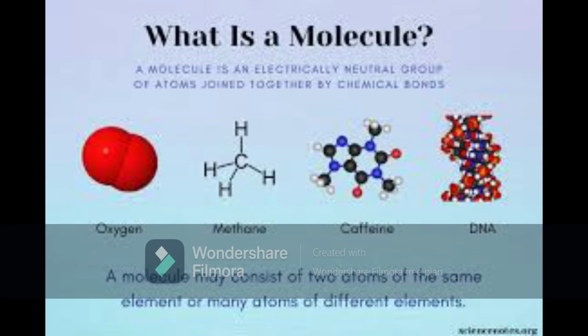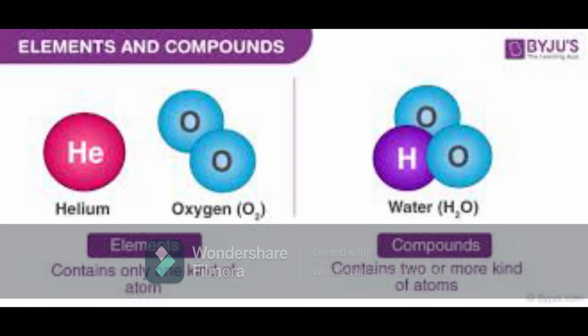Here you can see what is an ion. For a molecule or compound to form, atoms of different elements join together in definite proportions to form molecules of compounds. I repeat, atoms of different elements join together in definite proportions to form molecules of compounds. If you see the water molecule on page number 36, it is made up of hydrogen and oxygen. Their mass ratio is, for example, 1 hydrogen, its atomic mass is 1. 2 into 1 is 2. For 1 oxygen, it is 16. So 2:16, when you take the ratio, the 2 gets cancelled and the ratio is 1:8.